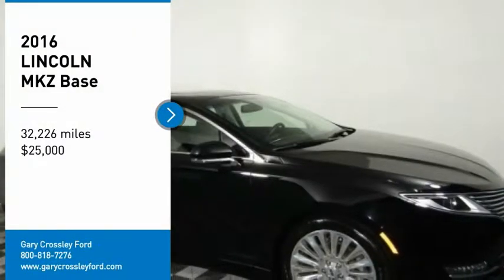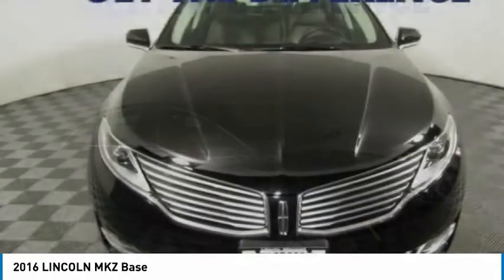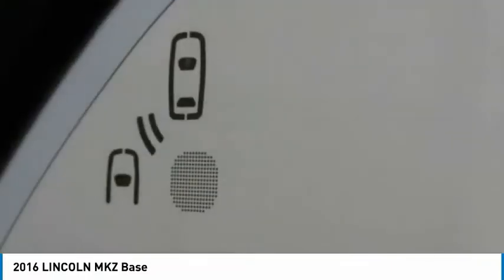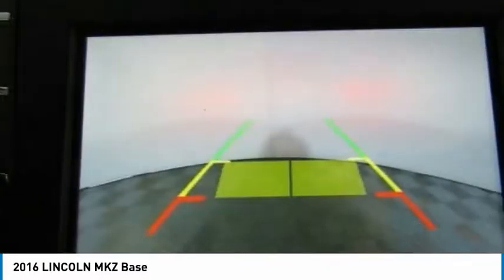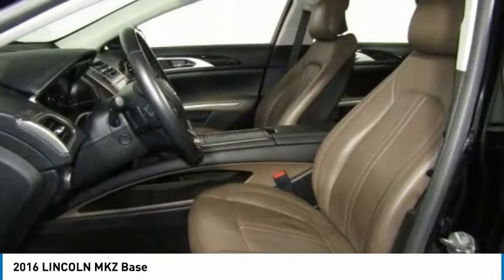Come test drive the 2016 Lincoln MKZ. With sharp angles, sleek lines, and a sculpted body, the Lincoln MKZ has an impressive stance and a dynamic design. Add that to the clean, modern interior with standard features including rich leather, exotic wood, and a sophisticated assistant that responds to the sound of your voice, and you'll see the MKZ offers a new dimension of luxury and is